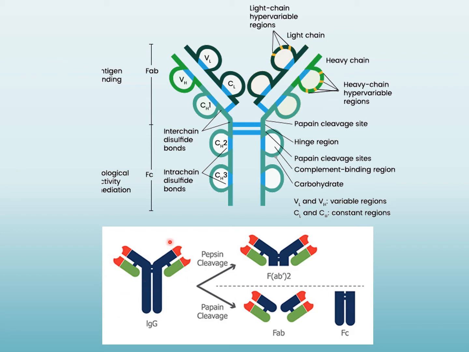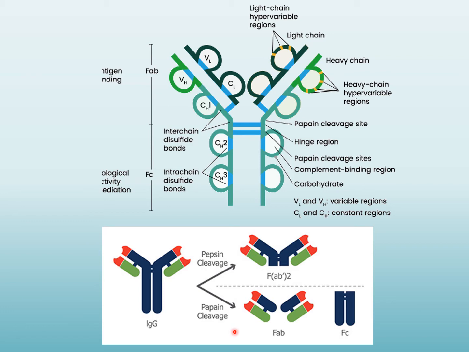To study the structure of an antibody, generally two types of enzymatic cleavage experiments are done. One is called pepsin cleavage and the other is called papain cleavage. If the antibody is cleaved with pepsin, it results in two fragments of antibodies and the Fc region is degraded. So in this case, you only get the Fab region. By this, you can determine the valency of the antibodies. Like if you get two, you can say it's bivalent. If there are four, it's tetravalent, depending upon the number of Fab regions which are produced.